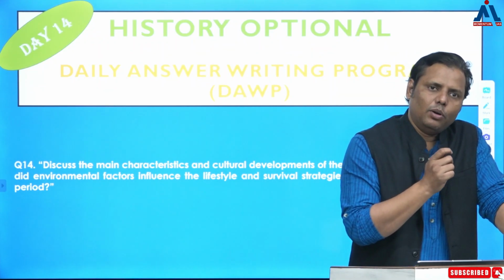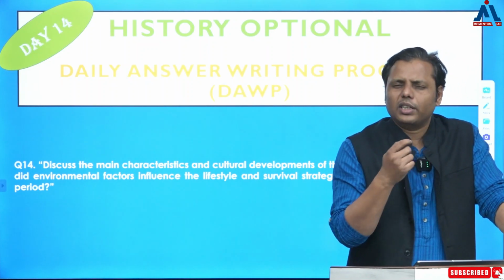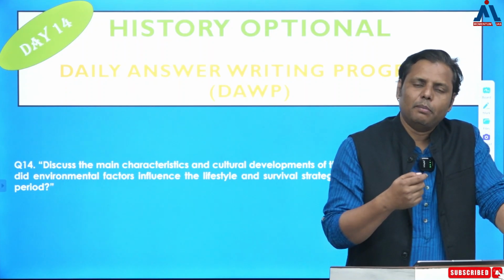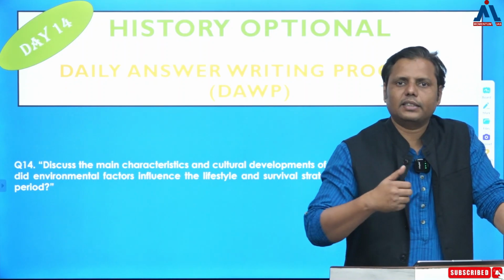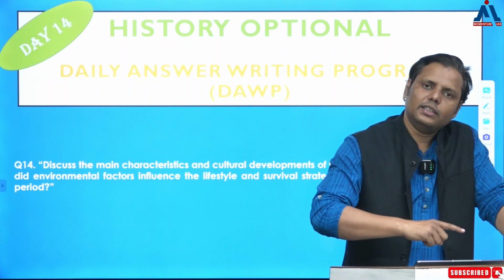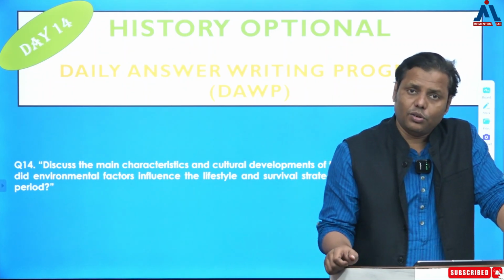So in the Lower Paleolithic period, they had been using different kinds of tools such as hand axe, cleaver, and all these kinds of tools were there. But then gradually we can find the bigger flakes, and then finally smaller flakes were being used. So there is a transition from core to smaller flakes, that you are going to write.